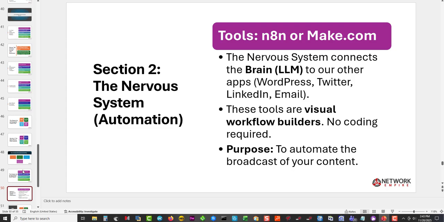So section 2 is the nervous system. And this is where we're talking about n8n or Make. This is where we're talking about workflows and automation. The biggest thing I'd say with workflows and automation is the more actions you take on these types of platforms, the more expensive it's going to cost you, because for every action there's an expense. As well as the more calls you make the LLM do backwards and forwards, if you're using agentic agents and memory stacks, where there's a lot of tokens used backwards and forwards through your APIs,